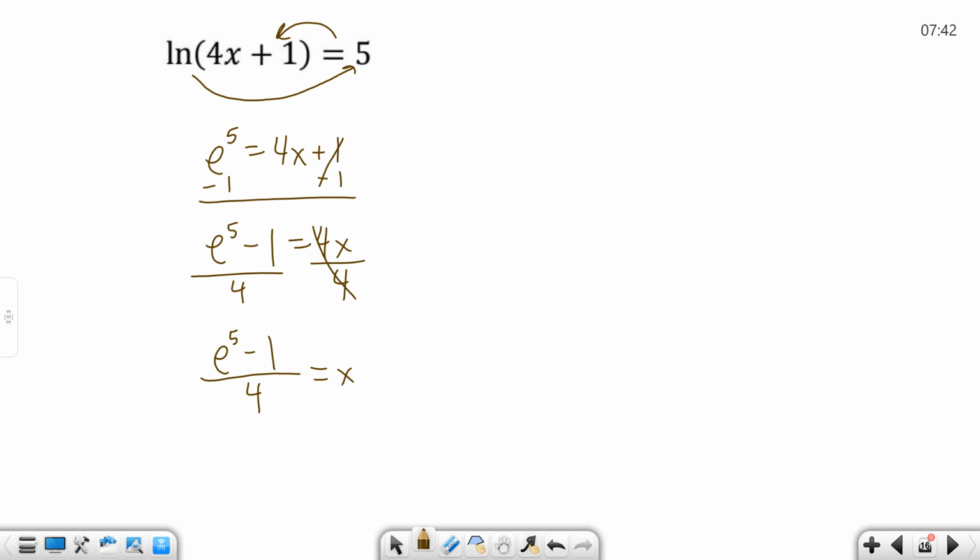It's exact. All right? But if I were cutting bolts for Toyota or Nissan or Chevrolet or Ford or some car company and it had to fit perfectly, then I would need to have decimal approximations and have my machine be within 1,000th of an inch or whatever when it did the thread. So here, e to the 5th is 148.413. We subtract 1, so 147, and then we divide by 4. And we get